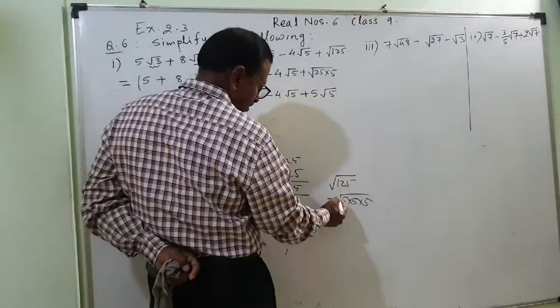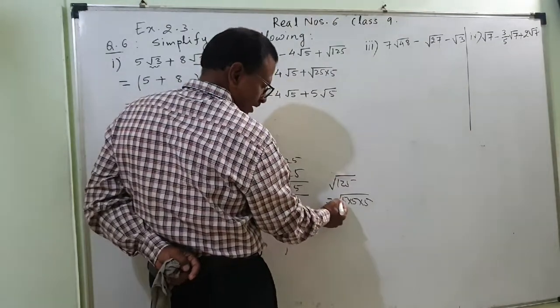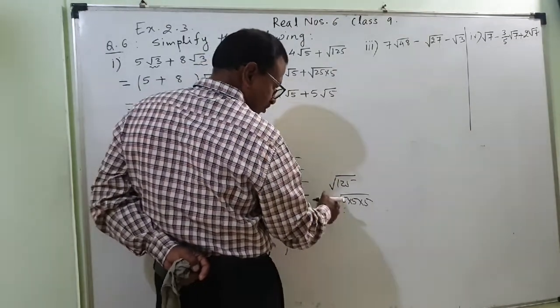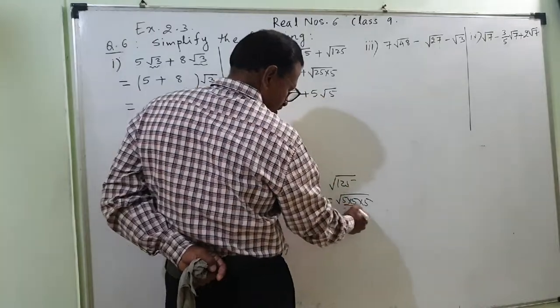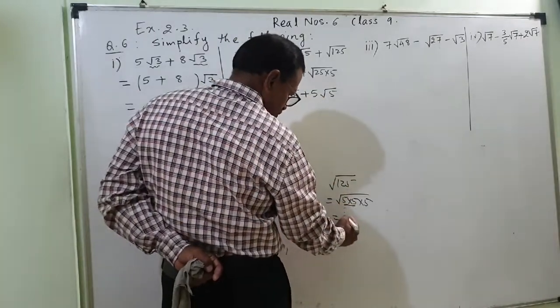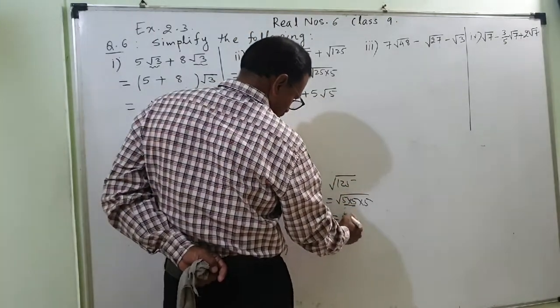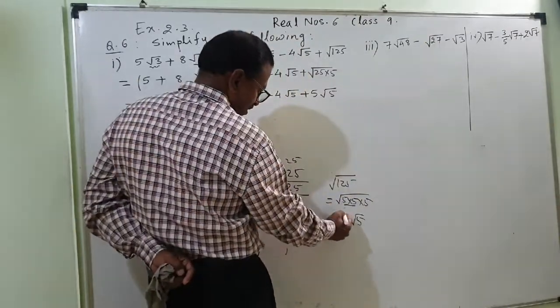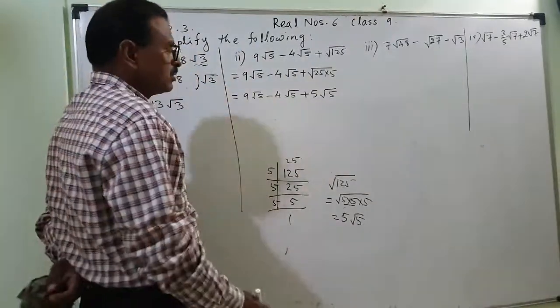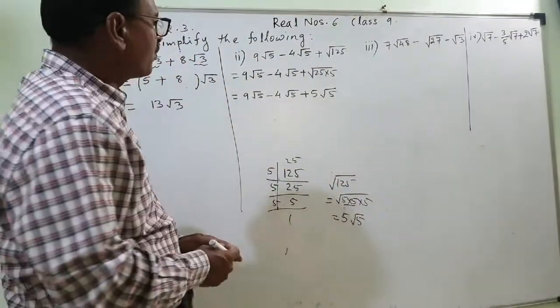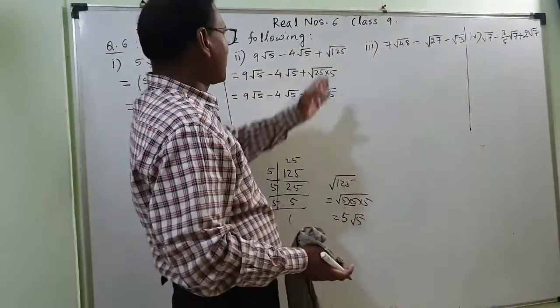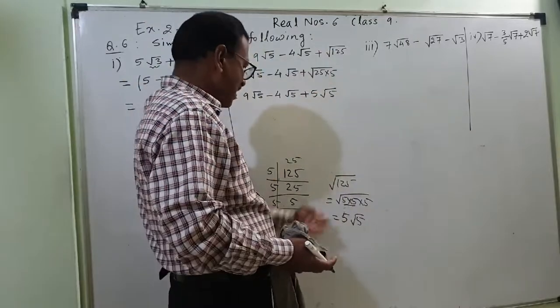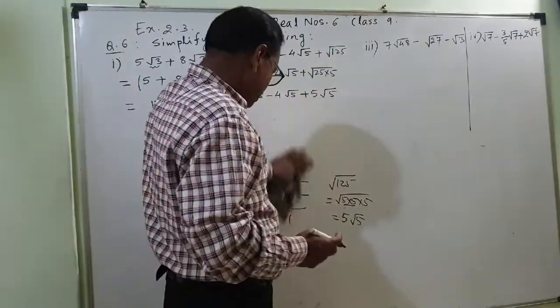These factors I have written here. Now square root means here it is 2. It is not written but it is there. It is a quadratic surd. Make the pair of 2 and take 1 out of that. For the pair I have written this. This is another way. So if you don't know what are the factors, just write this way and just find of what the square root is.